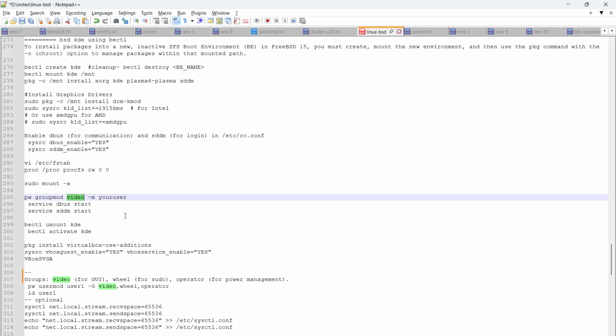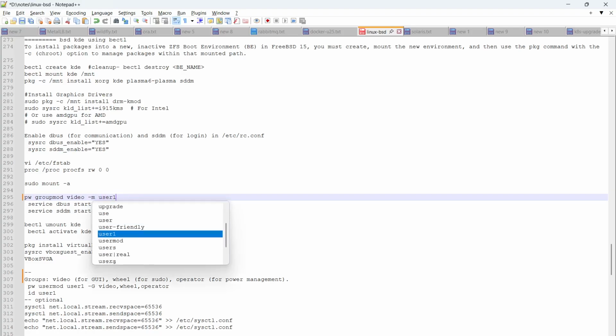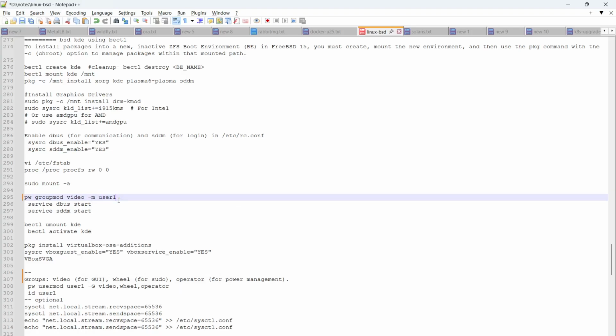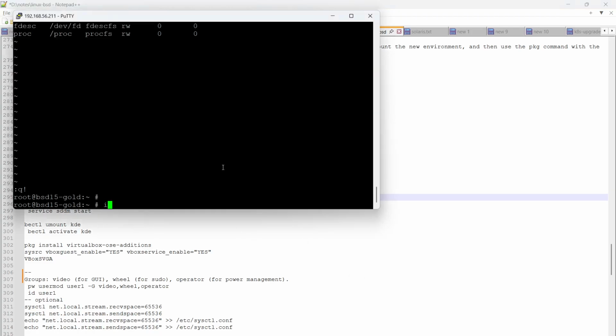Okay, either you can use this command, but this one is the mandatory group, the video group. You can additionally add these two groups, otherwise this group is fine. pw, that is the password tool, you can use to change the group of that user. You can put your username, in my case it is user1. Okay, so we can check that one, id user1,